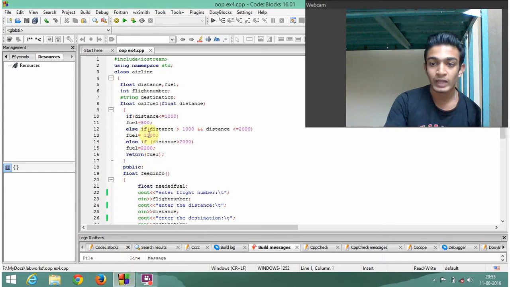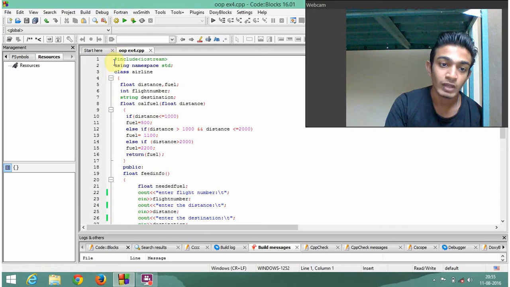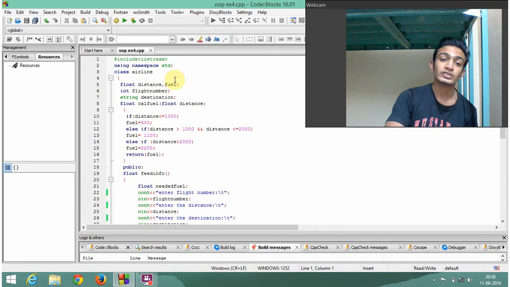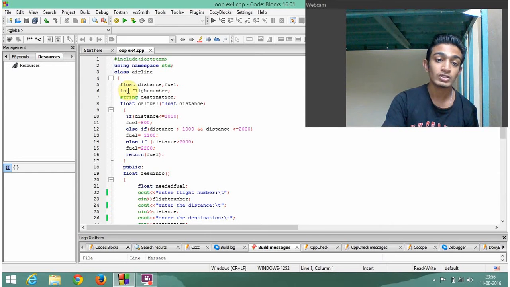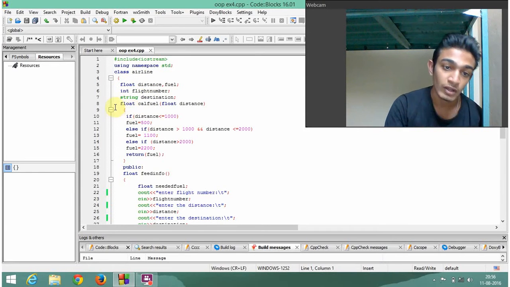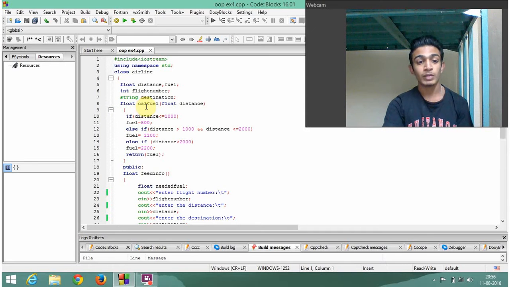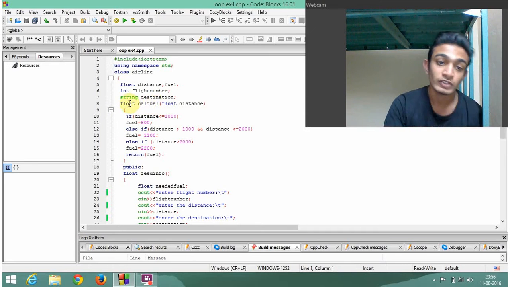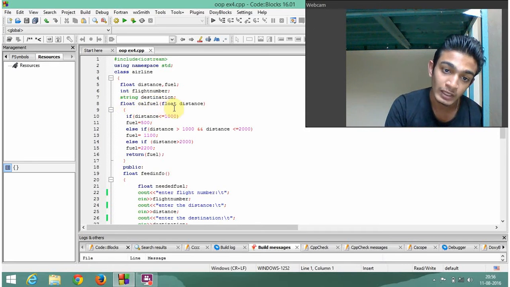Now this is the code that I've designed. I have given the necessary header files, and this is the class airline that I've created. I made private members: the distance and fuel, which are float, the flight number, which is an integer, and the destination, which is a string. Then I have created a private member function calfill, which returns a float type and takes in a float